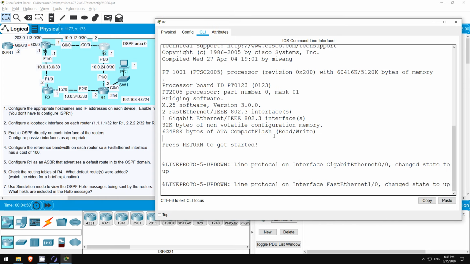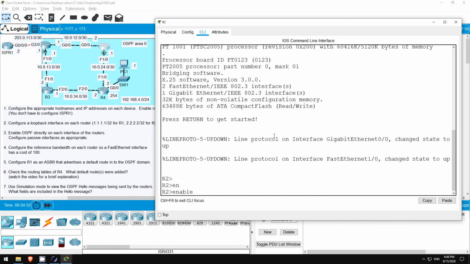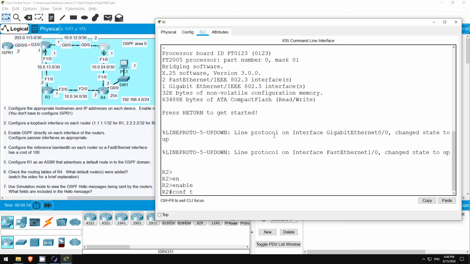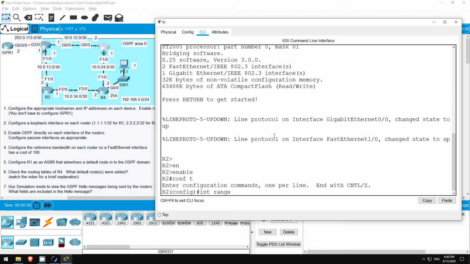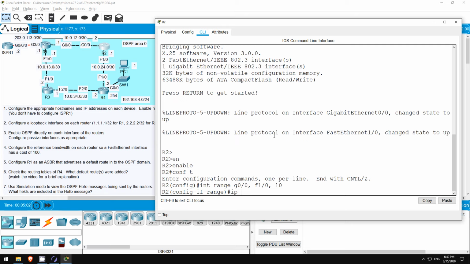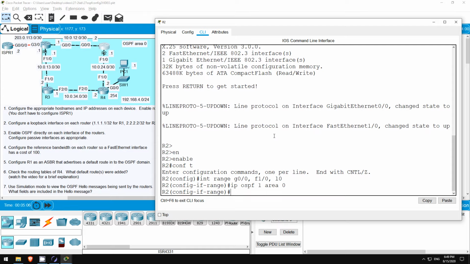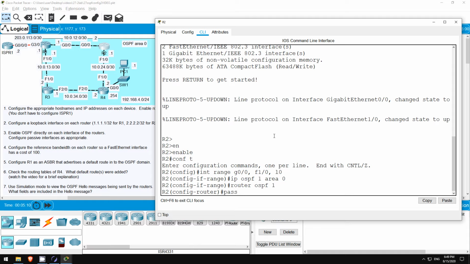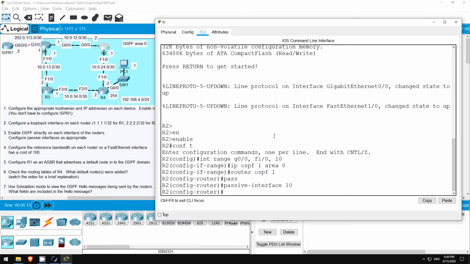R2 next. Enable, conf t, interface range G0/0, F1/0, L0. ip ospf 1 area 0. Then configure the passive interface. Router ospf 1, passive-interface L0.